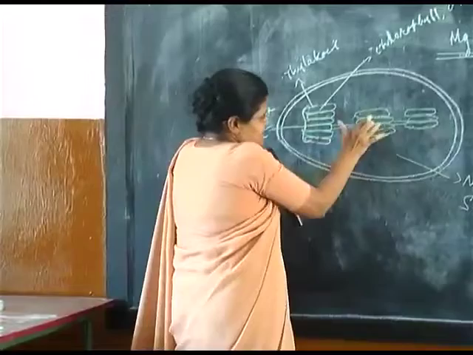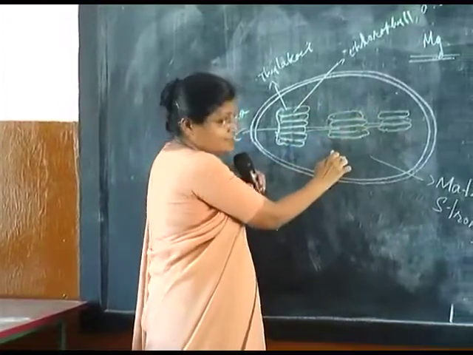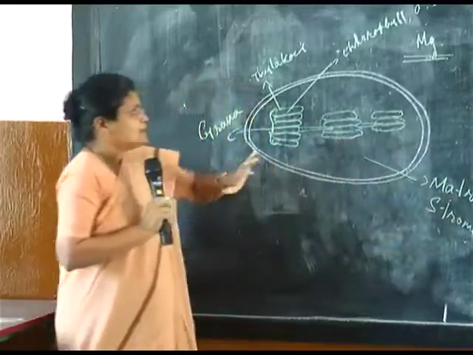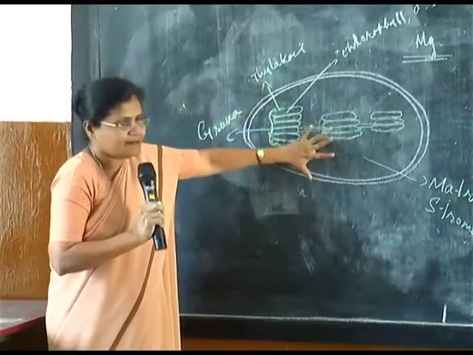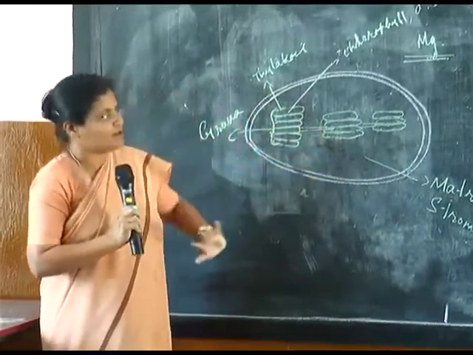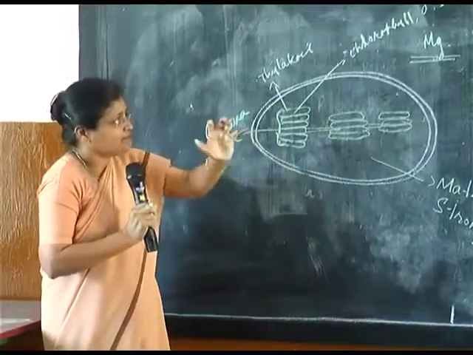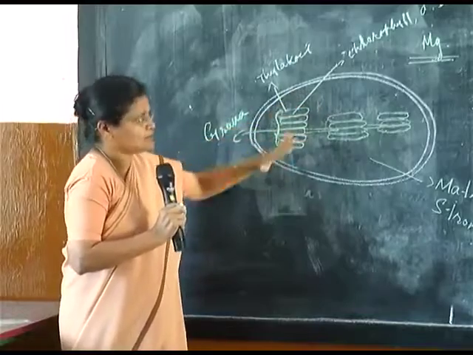So that's about this. Then you have the empty space, which is also very important. It's called matrix or stroma. Now let this remain here, I will not disturb it. We go to the process, because we need to get back to this in order to understand the process, which process takes place in which part of the chloroplast.